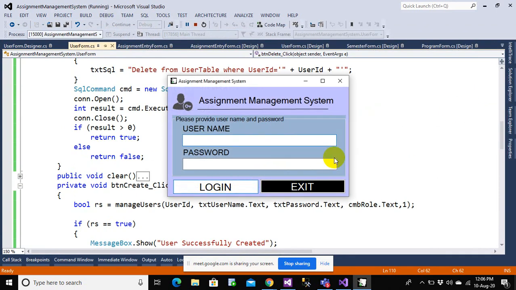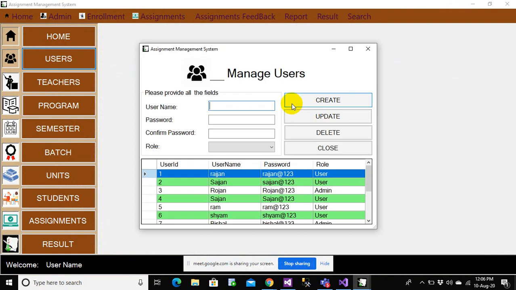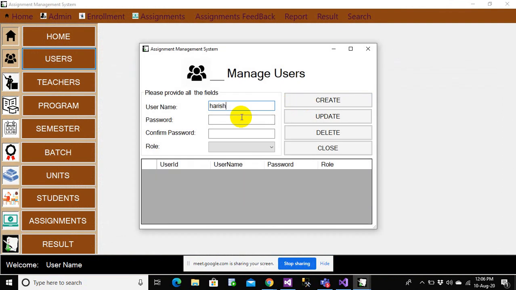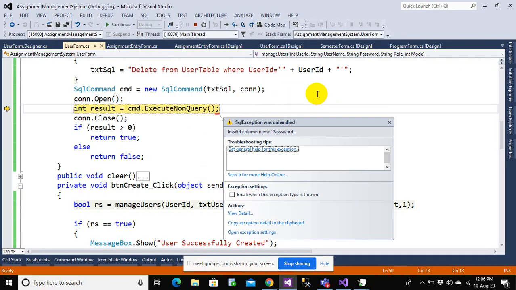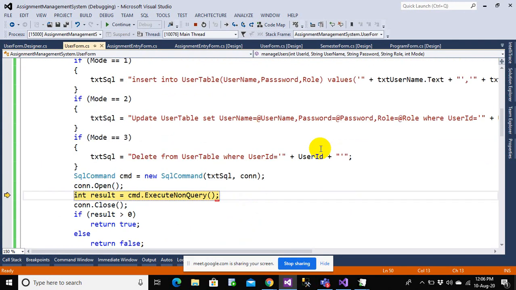Let's try to create some user. Let's say I want to create Harish. Okay, there is an error. Invalid column name PASS. So let me just fix it. Oh, sorry.